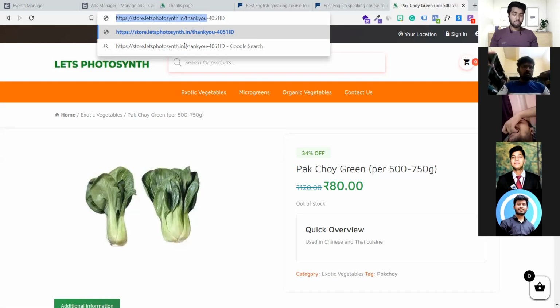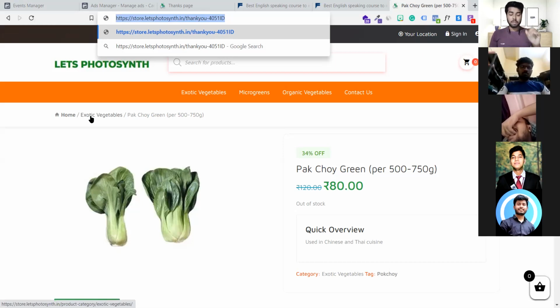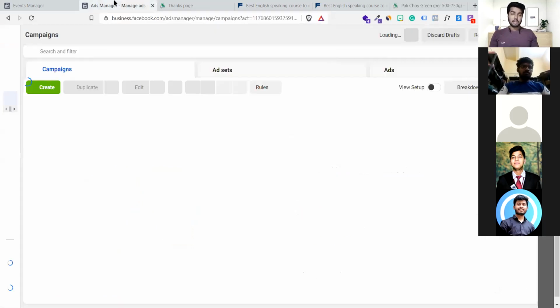Are you getting it? If the pixel starts reading your URL only till this point, it will get to know what purchase is happening. But if you simply copy the whole thing and paste it in the events, you will hardly get any conversion tracking, because you cannot get it. So try it on your own. The moment you do it, you will get to know what I'm trying to say. It is pretty in depth, but the moment you do it, you will get to know how the purchase tracking actually happens.